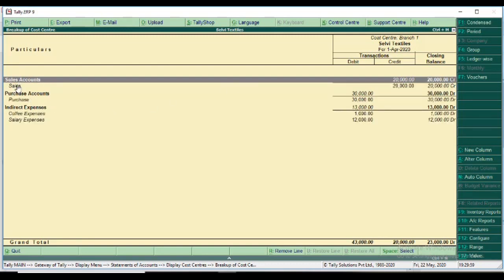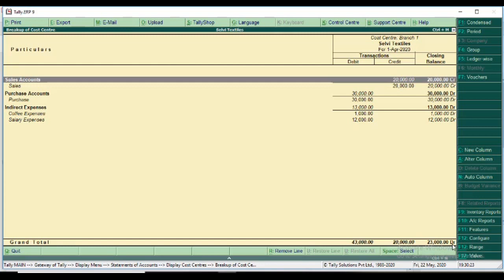Yes, branch 1 made sales of 20,000, purchase of 30,000, and paid coffee expenses of 1,000 and salary expenses of 12,000. Totally the closing balance is 23,000 DR.